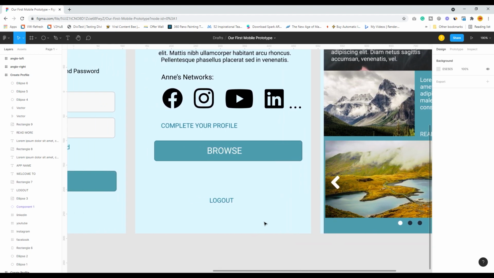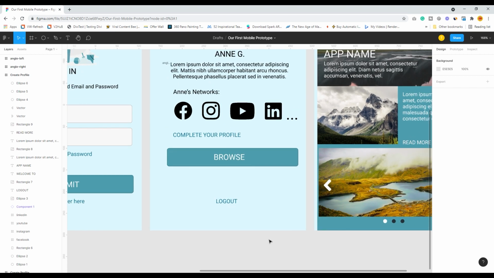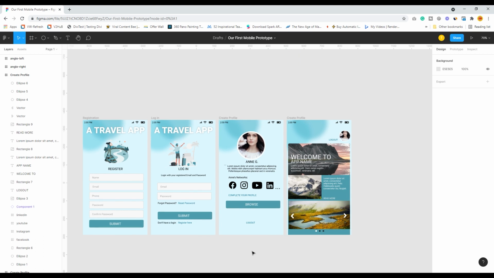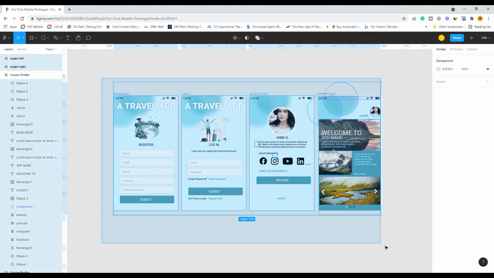Okay, though I am saying that everything is done, I will show that we might have to create some more screens. So that's the first part of the layout creation, and you see we have already done a very decent job without any design to start with.